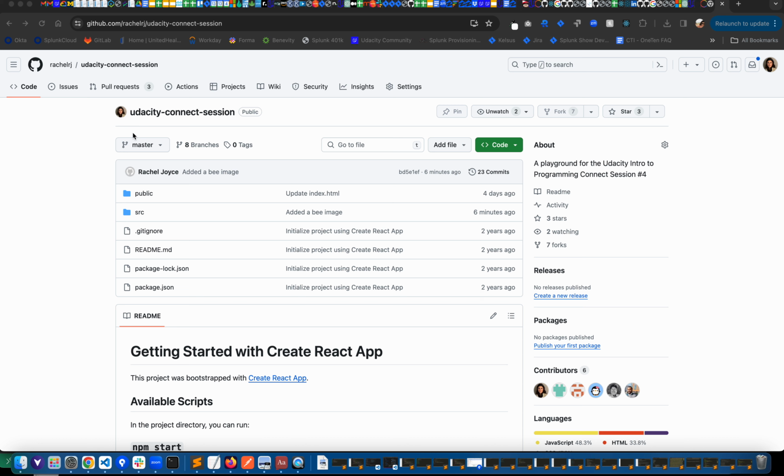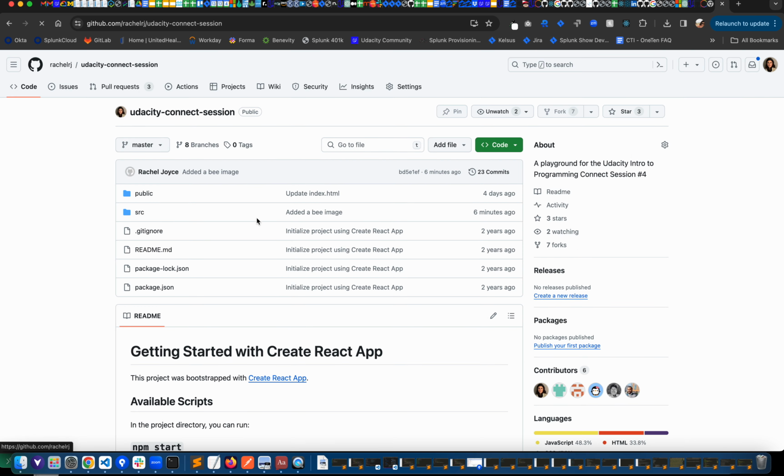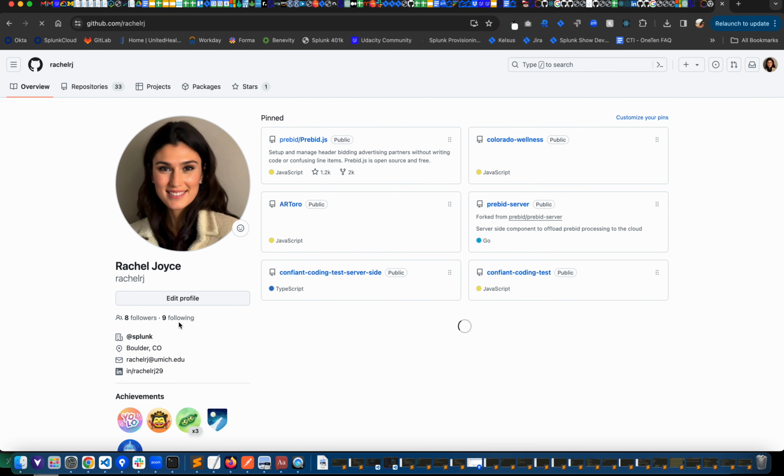So I made a repository for you guys that you can go to. The URL's in the address bar, but I'll put it in the link on Circle. Click on this fork button. I'll show you what happens when you do that by going to a friend's profile. So I'll go to my profile, go to a friend,